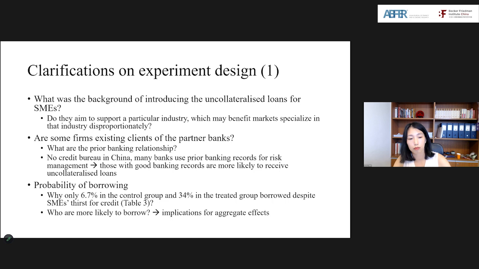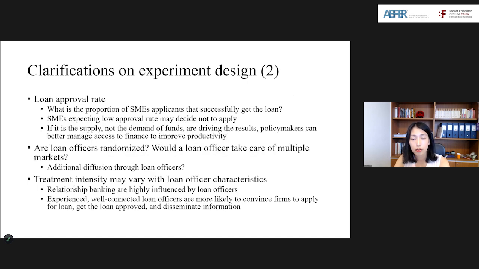And would it still be possible to utilize the existing information to tackle the potential borrowing behavior? And also think about the loan approval rate, mainly due to a low take-up by the SMEs. Are SMEs not applying simply because of the low approval rate? If the borrowing behavior is mainly driven by the supply of credit, in other words, mainly determined by the bank, then it actually offers a more important policy implication in the sense that policymakers who control this supply of credit can then utilize their tool to better